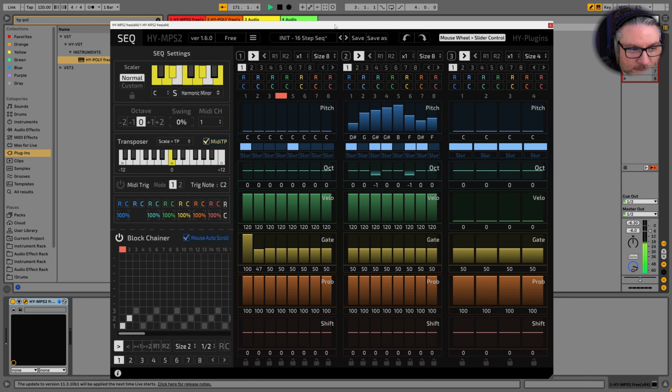Oh, I see. That's cool. I don't understand the difference between these. TP scale. Is it changing the scale too?